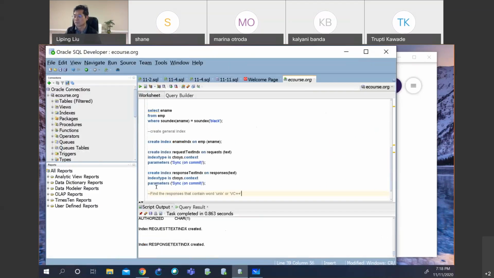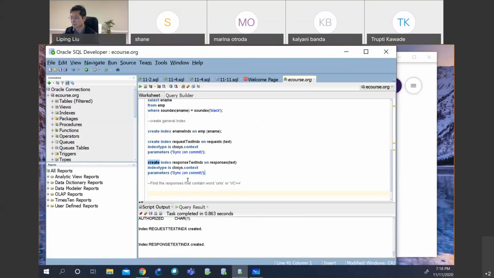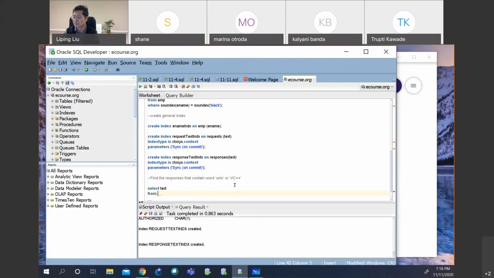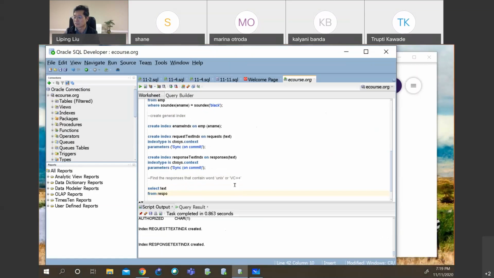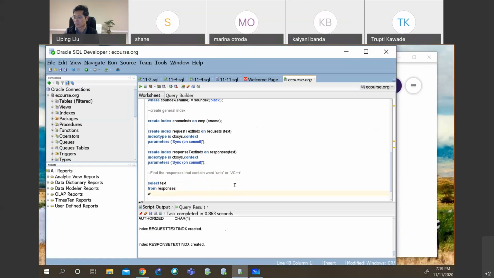Okay. So let's say I want to find the responses that contain the word Unix or VC++. So we'll do select text from responses. Then say where contains. So we want to make sure the text column contains two words, which are respectively Unix